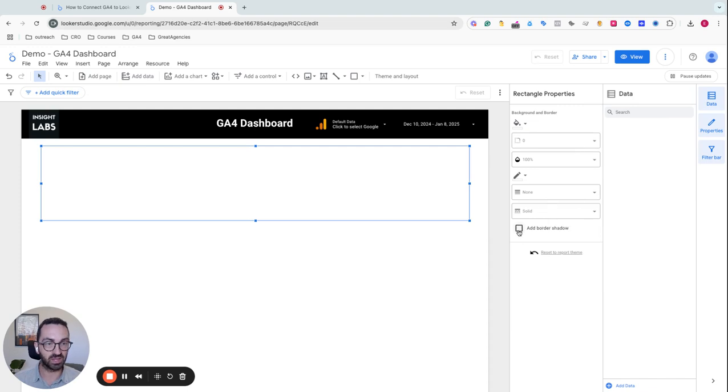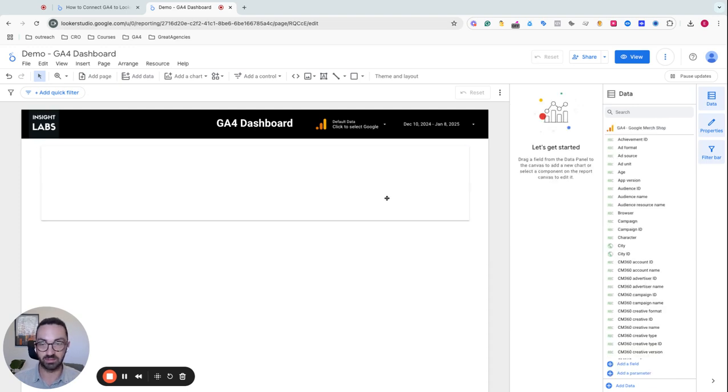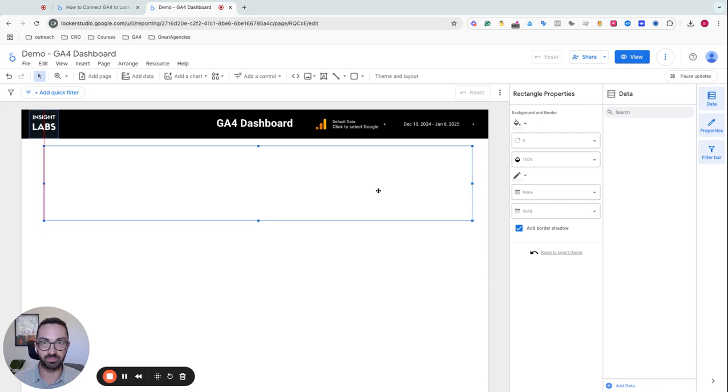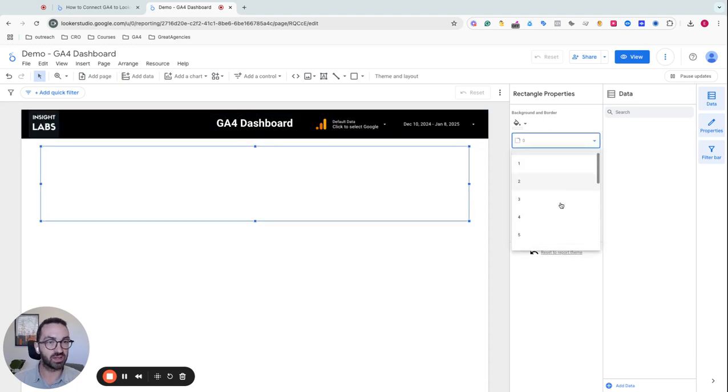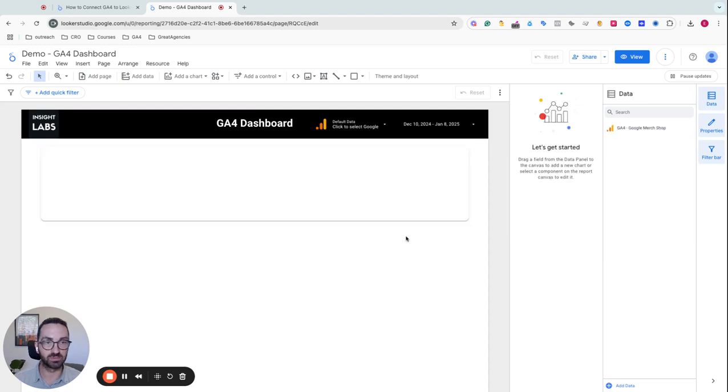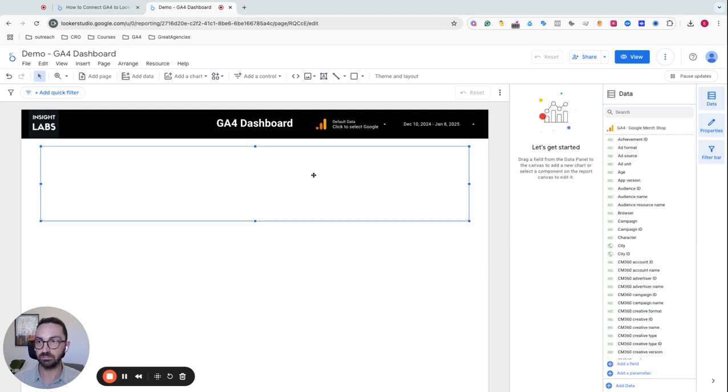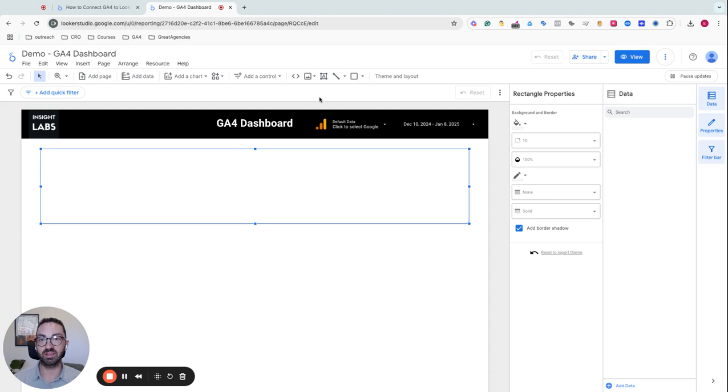So we can add a border shadow to make it distinctly perceptible, and then we can add some corners. Let's do it that way. Good. Now we can add